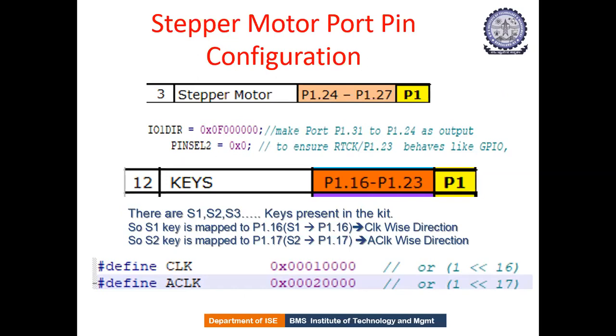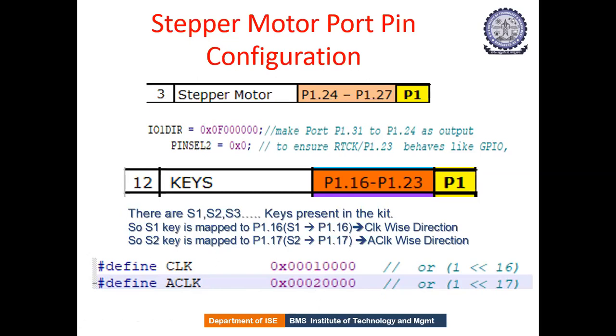Similar to the DC motor, here also we are using the switches S1, S2, S3 and so on, whatever exists in the interface. Here we are using one switch for clockwise, that is S1 for clockwise and S2 for anti-clockwise, and we know how to initialize the clockwise bit and the anti-clockwise bit. For clockwise, the 16th bit is made high, remaining all are 0. For anti-clockwise, the 17th bit is made high and the remaining all are 0. So this is all the initialization part of the stepper motor.